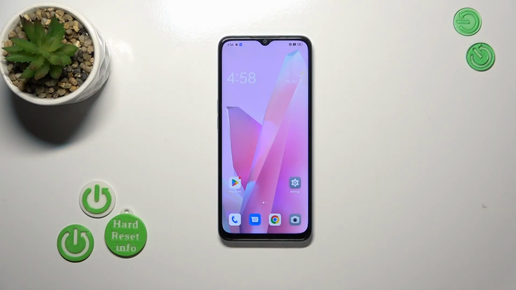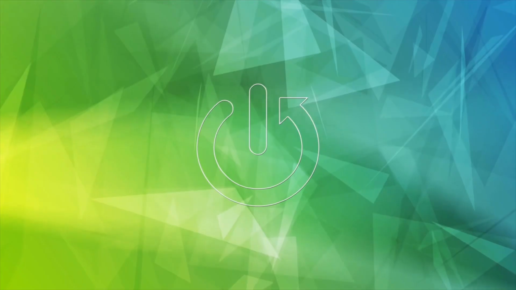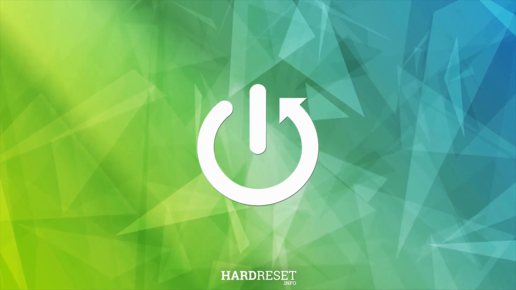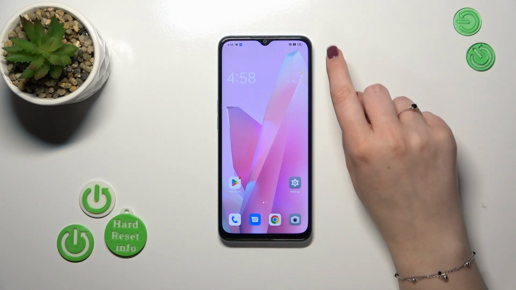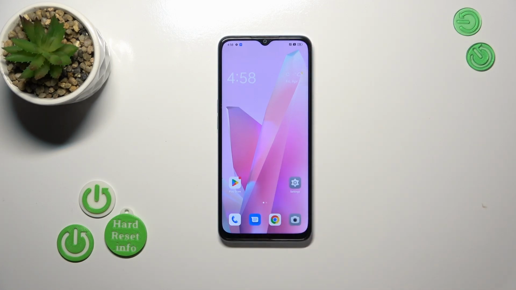Hi everyone, in front of me I've got OPPO A1x and let me share with you how to show battery percentage on the status bar in this device. So if for some reason you've got only the battery indicator on the status bar, and if you want to see the exact percentage on the status bar just like I have, then all you